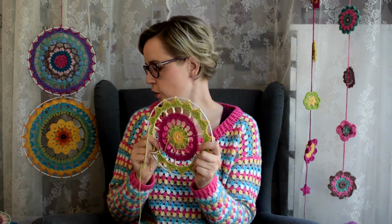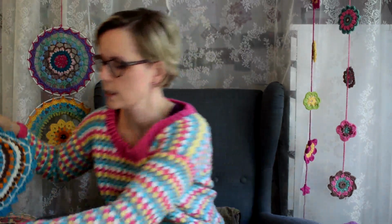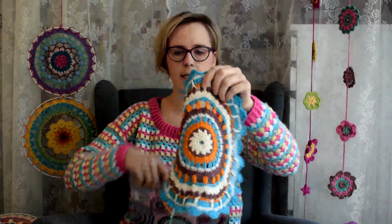I like these a lot. I still have one each of 20 centimeters and 30 centimeters, and I'm planning to make those also. Then I have been making a mandala from this book, from Emily Littlefair's book. She has a blog called the Loopy Stitch, and I got this book as a Christmas present, and now I was able to make something from it, and I have been making this